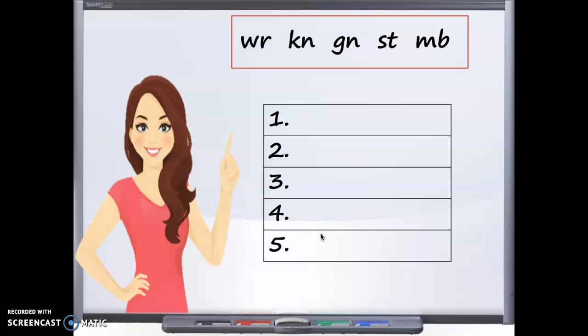All right, now that you have your paper labeled 1 through 5, what I am going to do is I am going to read you 5 words that have these patterns in them: WR, KN, GN, ST, and MB. It is going to be your job to figure out how to spell words with these silent letter patterns. Ready? Number 1,